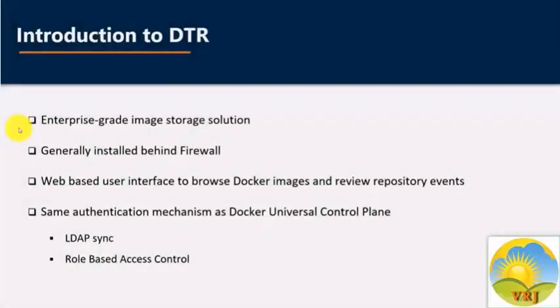Hello everyone. In this nugget, we will talk about deploying registry. Docker Trusted Registry or DTR is the enterprise-grade image storage solution for Docker. Docker UCP integrates with Docker Trusted Registry. DTR is generally installed behind the firewall so that we can securely store and manage the Docker images we use in our applications. We can also enforce security policies and only allow running applications that use Docker images we know and trust. DTR has a user interface that allows authorized users in your organization to browse Docker images